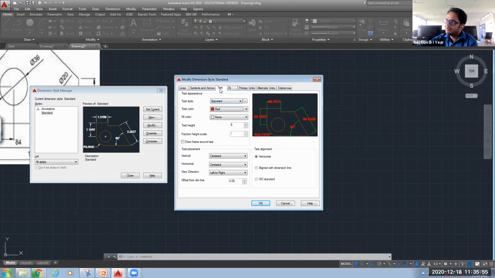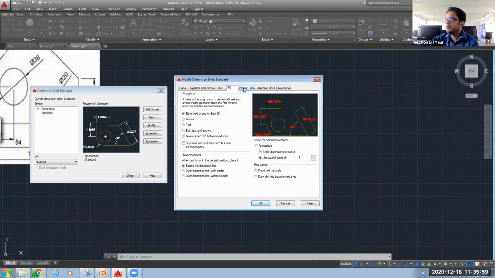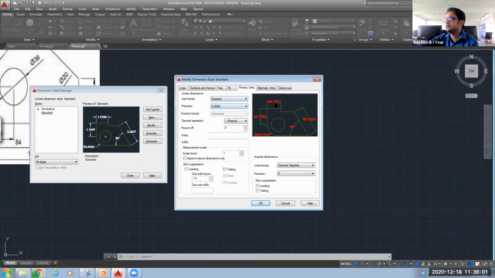Okay, now after specifying the text color and text height, we will move on to the precision. You can see in the preview window, after decimal we are getting 4 digits. Okay, so I will make precision to 0. Now you can see after decimal we are not getting anything.